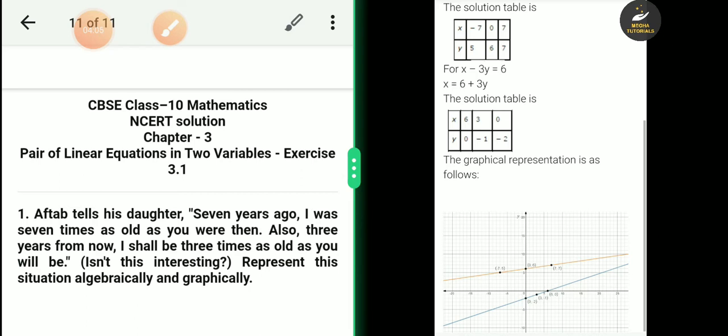Okay, so first draw a proper Cartesian plane, that is x and y axes, using a proper scale with the intersection point as origin. Then plot the points for the first equation, that is minus 7 comma 5, 0 comma 6 and 7 comma 7. In this graph you can see the orange line which represents equation 1. Then you can plot the points for the second equation, that is 6 comma 0, 3 comma minus 1 and 0 comma minus 2. The blue line represents the second equation on the graph. So this is the graphical representation of the given question. Okay, so this is the final solution.